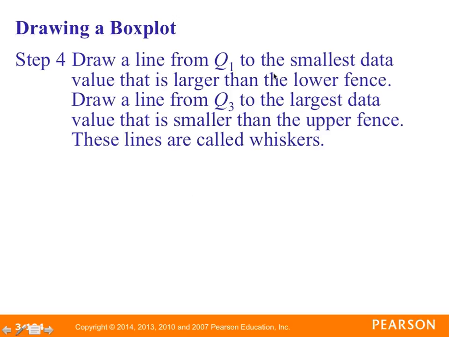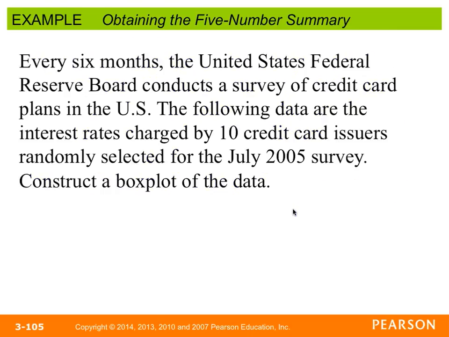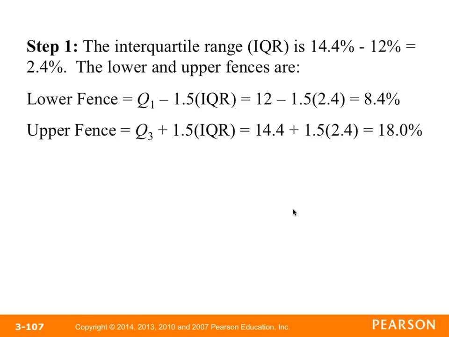Draw a line from Q1 to the smallest data value that is larger than the lower fence, and draw a line from Q3 to the largest data value that is smaller than the upper fence. Those lines are called your whiskers. And then any data values that are less than the lower fence or greater than the upper fence are considered outliers, and you put them on the chart by actually putting a little asterisk. So if we look back at our data, we already found